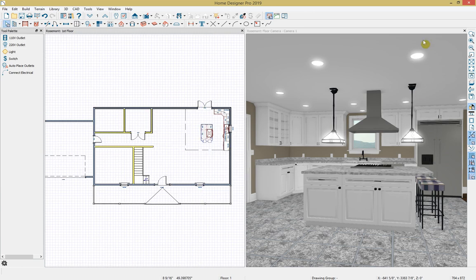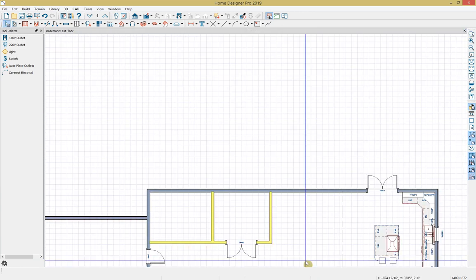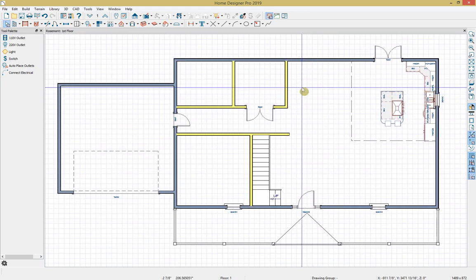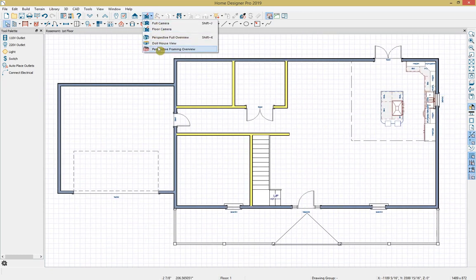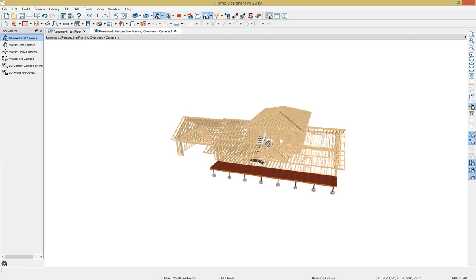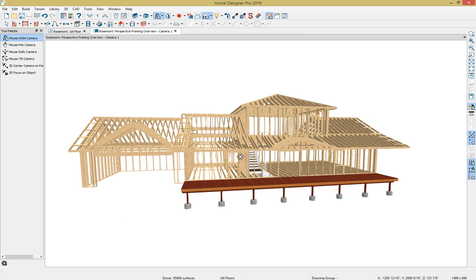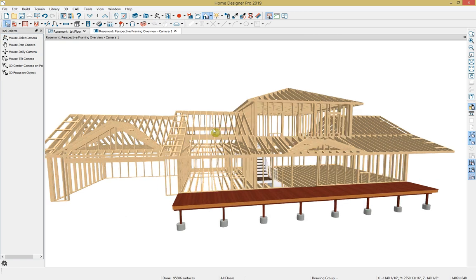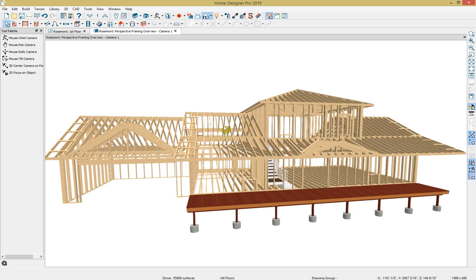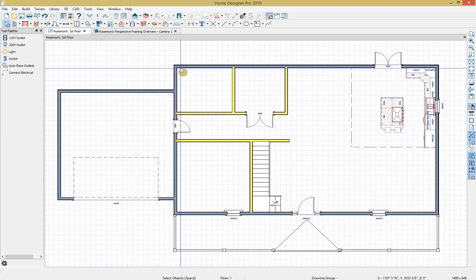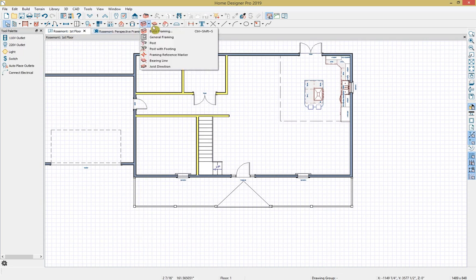and I'll close out of my kitchen camera view, and I will take a framing overview camera, and I can see how my framing is generating in 3D here. Now, this is all automatically generated, but with Home Designer Professional, I do have these manual framing capabilities, so I can select each individual member and make adjustments. I have additional framing tools to build with posts and beams, to control my joists, my roof, and my rafters,